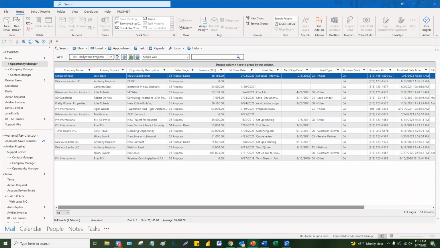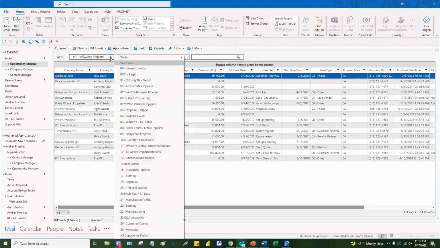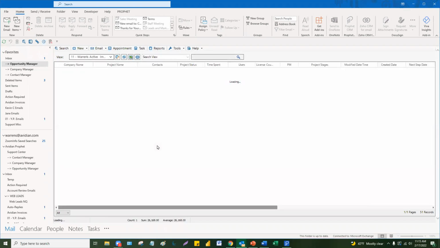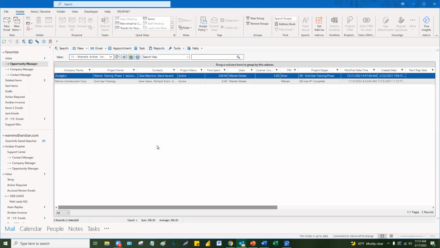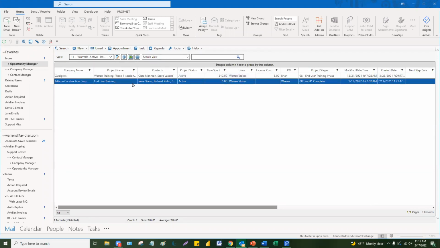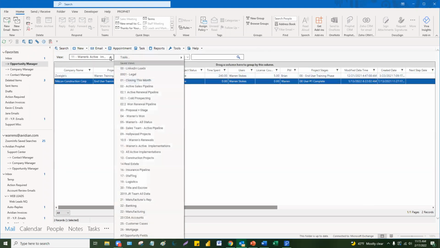I'm going to go into the next concept here, and that would be creating views outside of the sales and account management function. So if you use Profit Enterprise, you can also manage other types of activities. Like I have, for example, a view of implementation projects. Now you may not be on this version of it, but you can see that you can use Profit to track other things besides